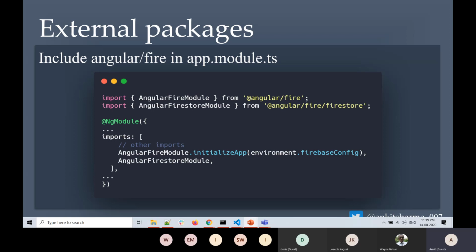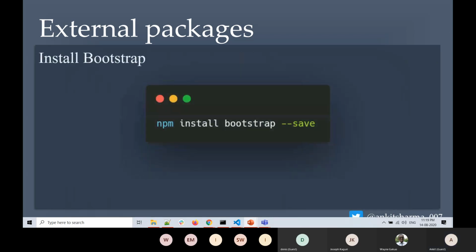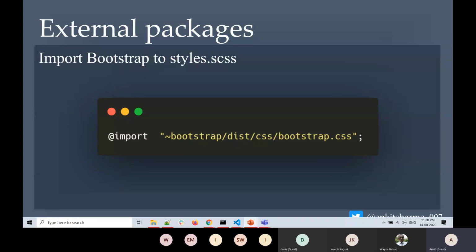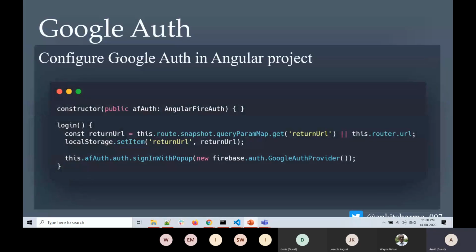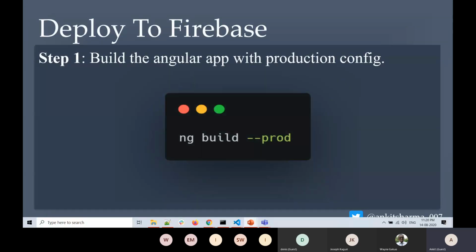Then for the designing, I am using Bootstrap. You have to run the command npm install bootstrap, and then reference the Bootstrap style sheet in your styles.css file. And for Google authentication, I will be directly showing you things in the code only.